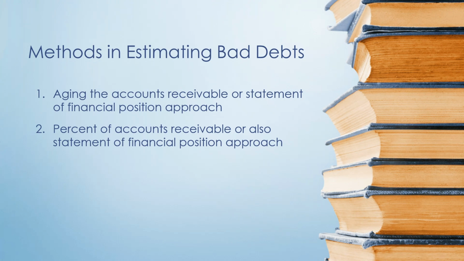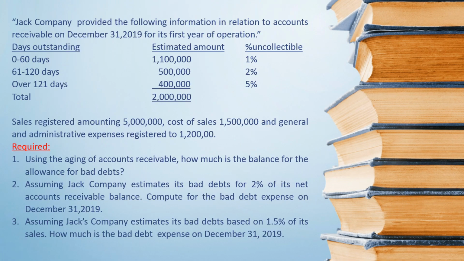And the last is the percent of sales or income statement approach. To illustrate the three methods, let us try to solve the problem as follows. Jack Company provided the following information in relation to accounts receivable on December 31, 2019 for its first year of operation. So the data given here is the aging, days outstanding,